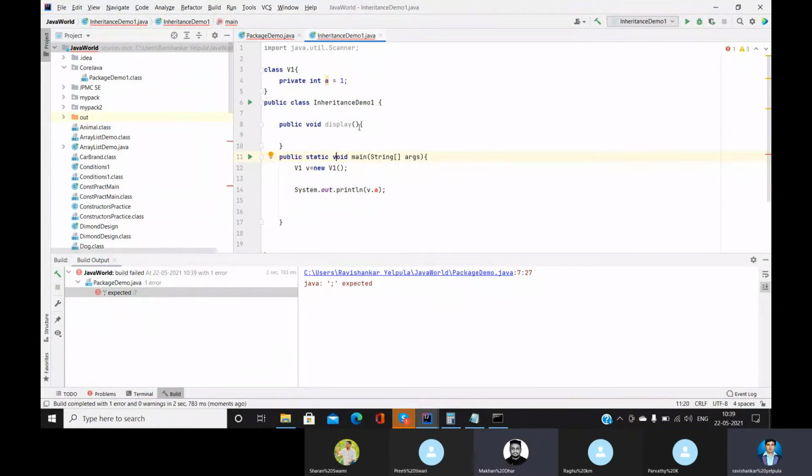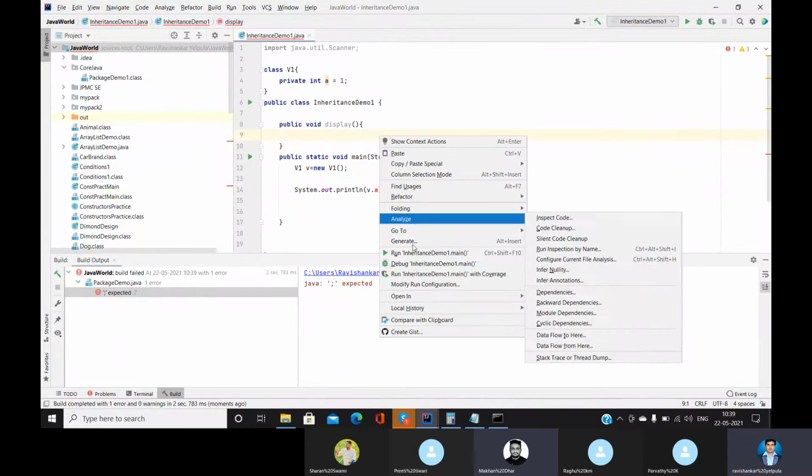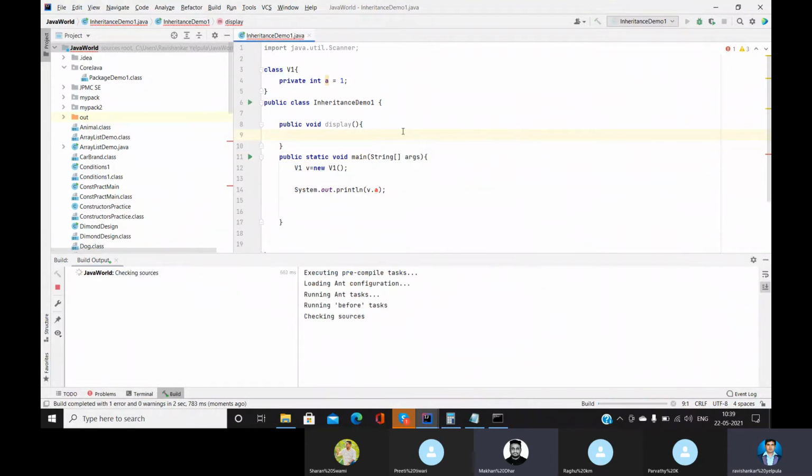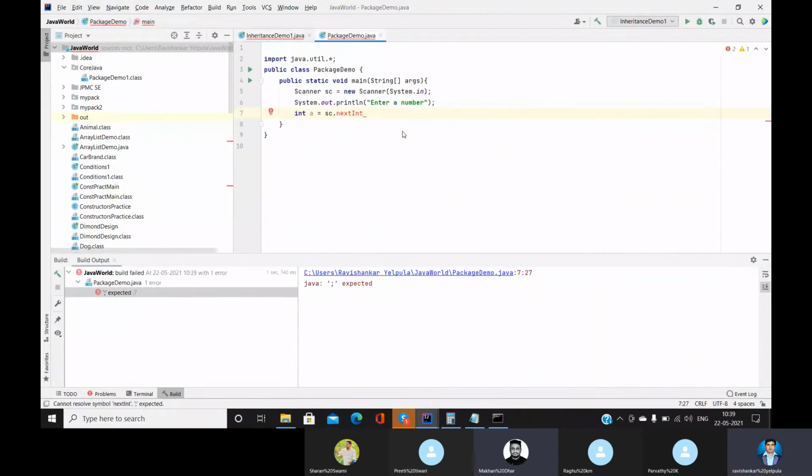Just close the first program, if you are not accessing anything from that. Okay, sure. Now try to run. Still it is opening that. Okay, I'm running from here. I think I have closed that package.